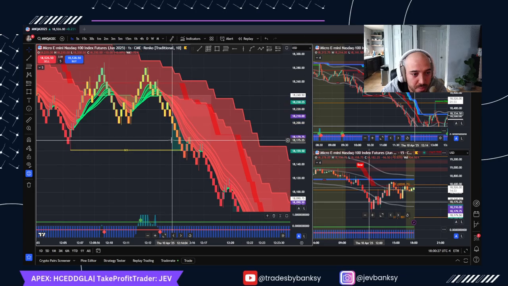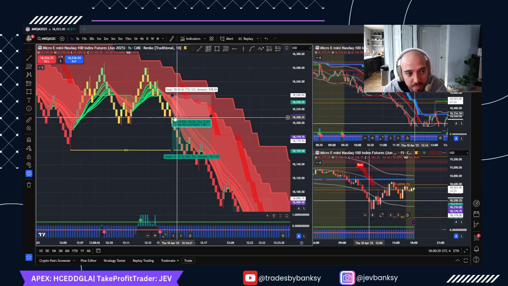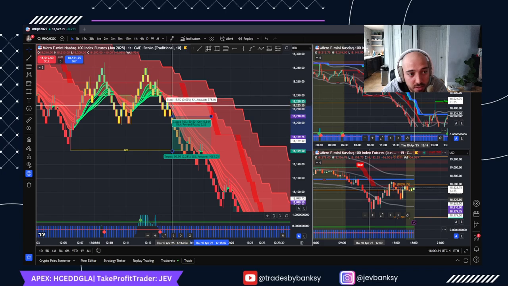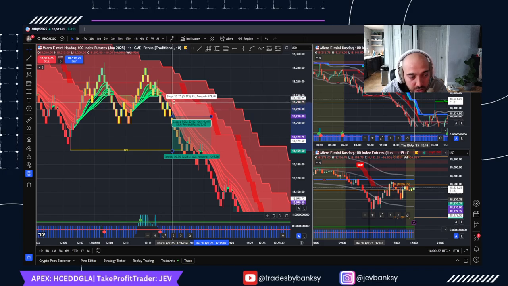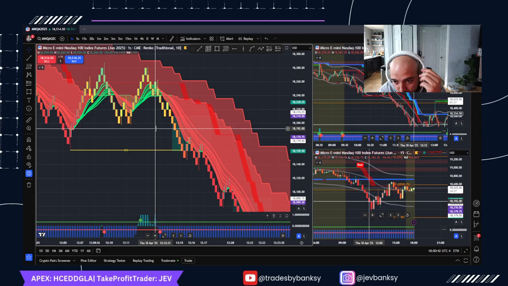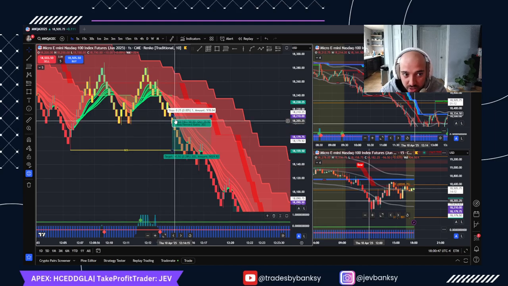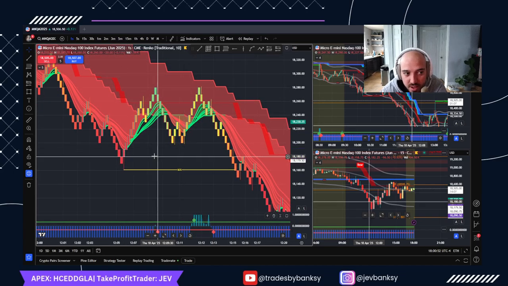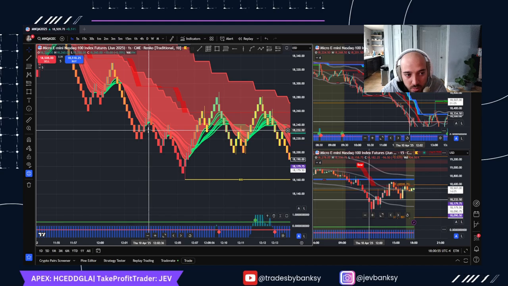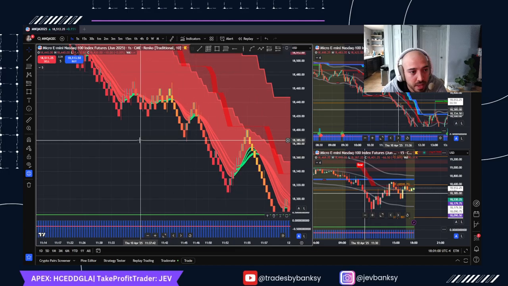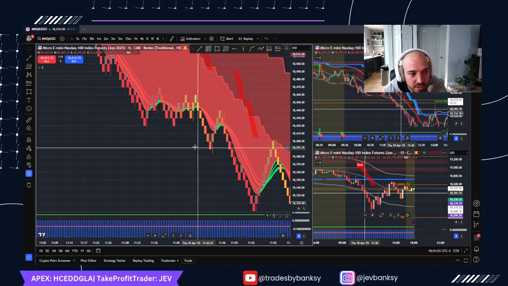Full PT would be at that box. This is about 5 boxes, so either way, first one prints, we move it up. So now we have a 2-box stop loss. Second box prints. Rather than moving it up 1 box, we're moving it straight from there to a break even. So 2 boxes with no partials is still going to be a break even. That is not changing. The only difference is that we're giving ourselves slightly more space in case there's like a 1 box and then we get a pullback for a box and then we continue in the direction that we want to go. So like, I guess the best example I can think of is,